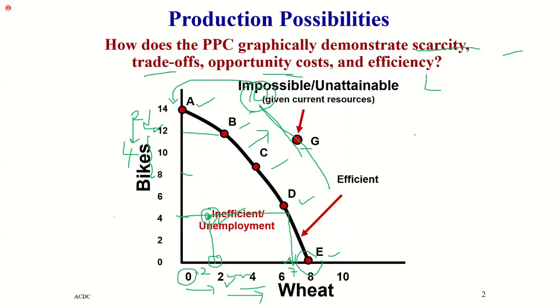So through technology, right? Because given the technology, we can't produce more than what is given here. But if you come up with better technology, you can push this curve forward. If you skill,